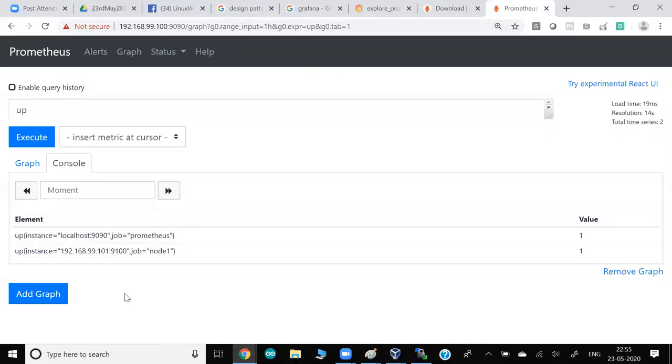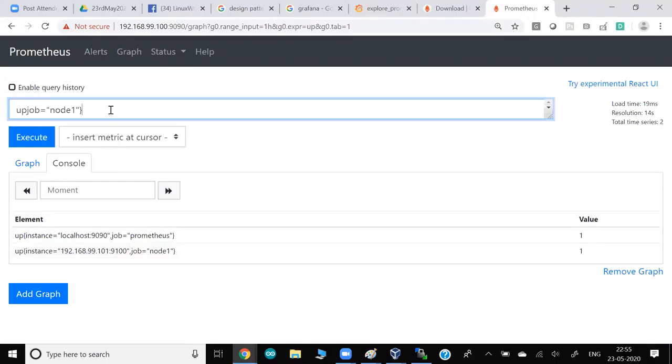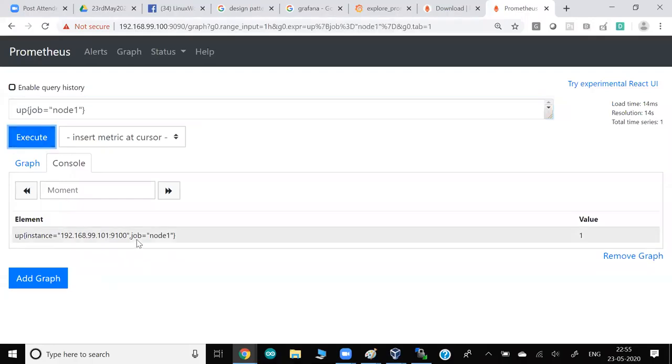But if you have a requirement to only see the information about this node, here we can use the tag. So what can you do? Just copy this term here, and paste it after the up, and put it in curly braces. Okay, so this is the syntax you can use. So this is a way to search. I'm asking to run only the up query and show me the information only for all the data that have job equals to node 1 as a tag. Click, and only this information comes up. Only this will come out.